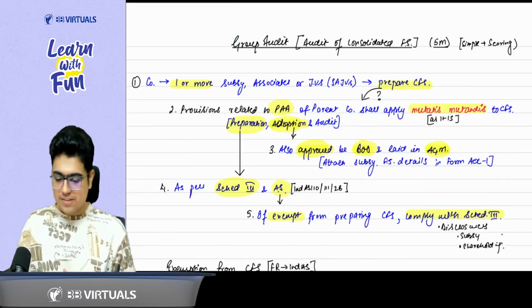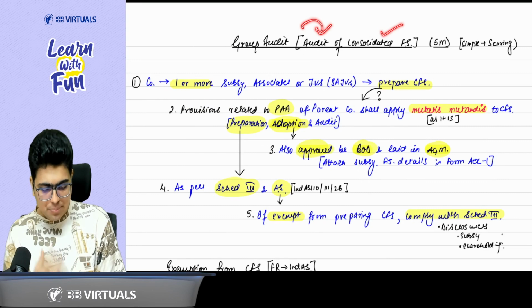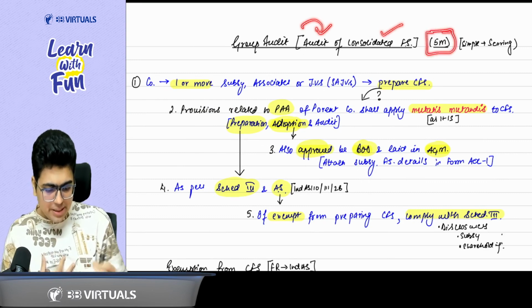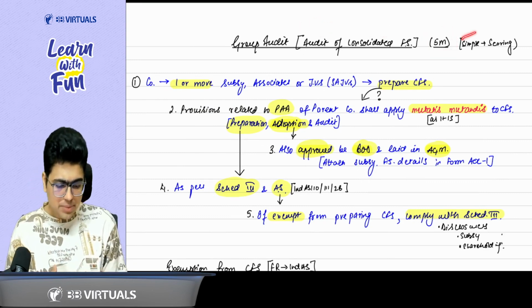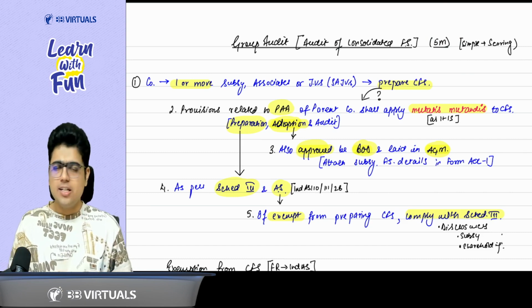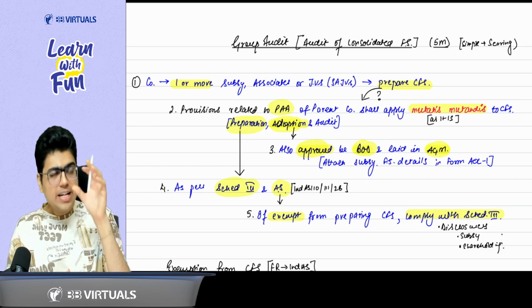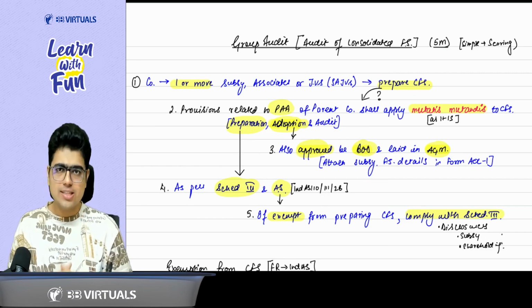The first topic that we studied in group audit, or you can also call it audit of CFS, is a very important topic. You can expect 5 marks in your exam, a very simple and scoring topic. So the first topic that we studied was, why do we need to prepare the CFS? Is it compulsory? And if we need to prepare, what are the provisions applicable to it?